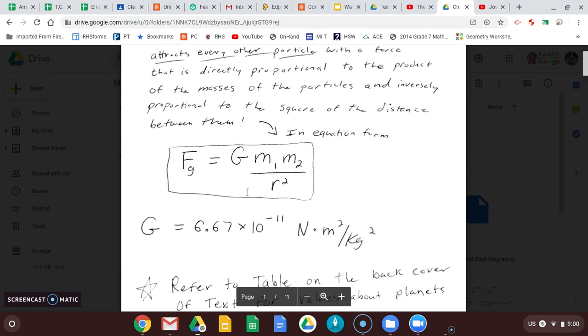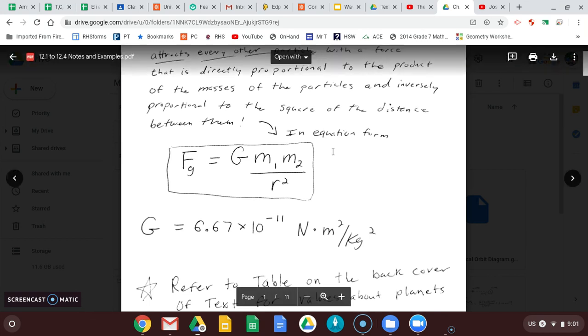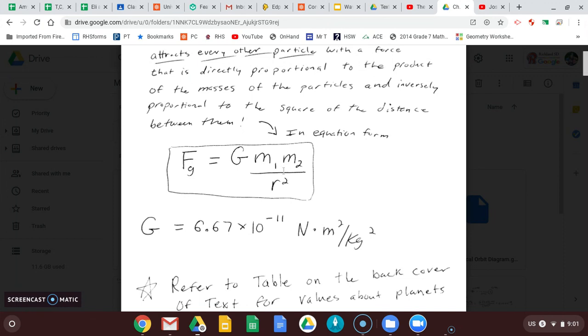And Newton came up with the formula. He even knew there was a gravitational constant he couldn't figure out, but he put in there, and that's big G. I want you guys to watch another video called the Cavendish experiment that I'm posting to learn a little bit more about who figured that out and how. But anyways, if we know the mass of any two masses in the universe, and r represents their distance apart, multiplying it times this constant, which is a very small number, 6.67 times 10 to the negative 11, that will give us a force of gravitational attraction between those two objects.